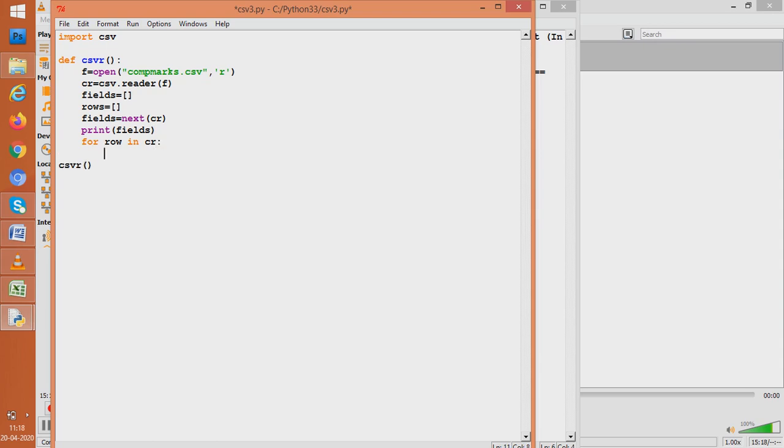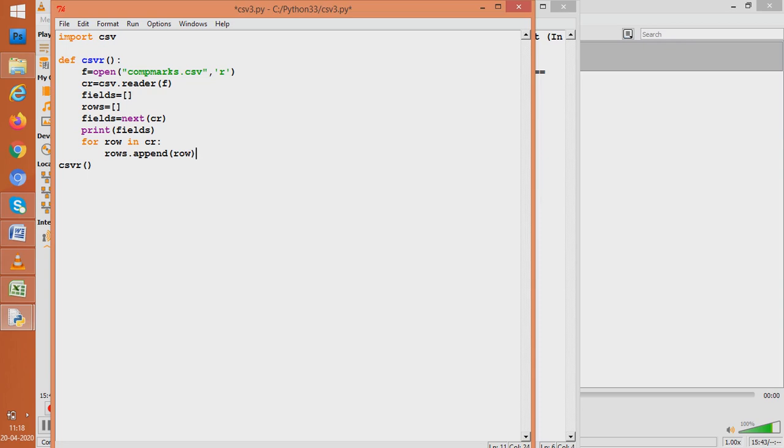Then we'll write rows.append(row). What this line says is, whatever is there in CR, take it one by one, put it in row, and then whatever comes in row, append it into the rows list. So the rows list would contain all the data.